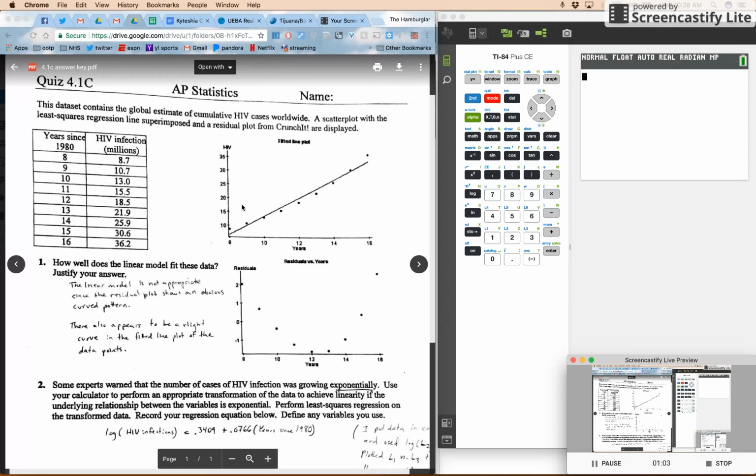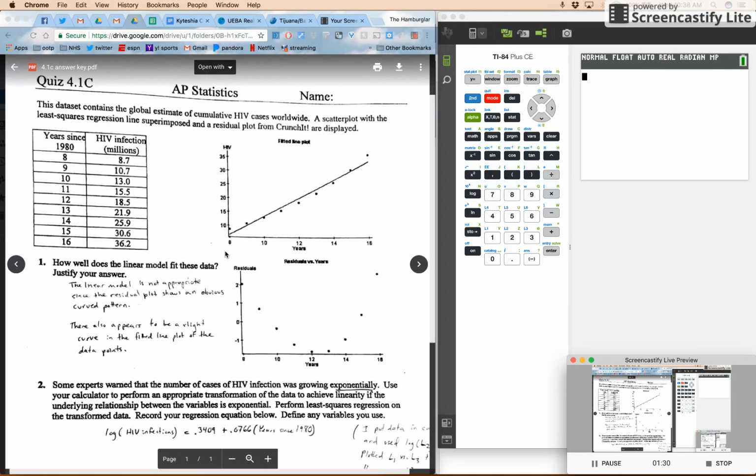Because if you only look at this first graph up here, you might think to yourself that that data fits that line really well because the points are actually very close to that line. There appear to be very small residual values. And so you might think, okay, the points look like they form a line, so a linear model is a good fit. However, if you look at the residual plot, you can see that there is a clear curved pattern